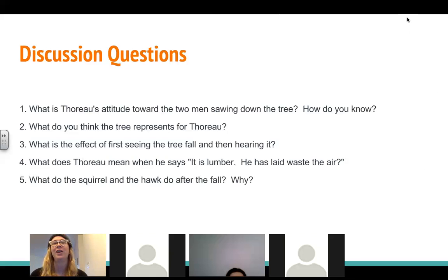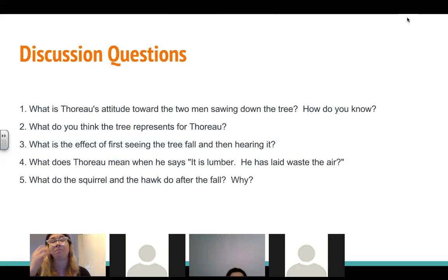Janie Mae providing an excellent insight here. Is anyone else going to talk to me about this essay? Yeah, you're exactly right. So the tree was cut down, it's now lumber, right? But now it's not doing what it's supposed to do, which is absorb carbon dioxide, right? And wasting the oxygen that the tree provides. Exactly, right? They're taking away the functionality of the tree and creating lumber, which has a completely different functionality, right? It's probably going to become a house, or a pencil or something else, right?